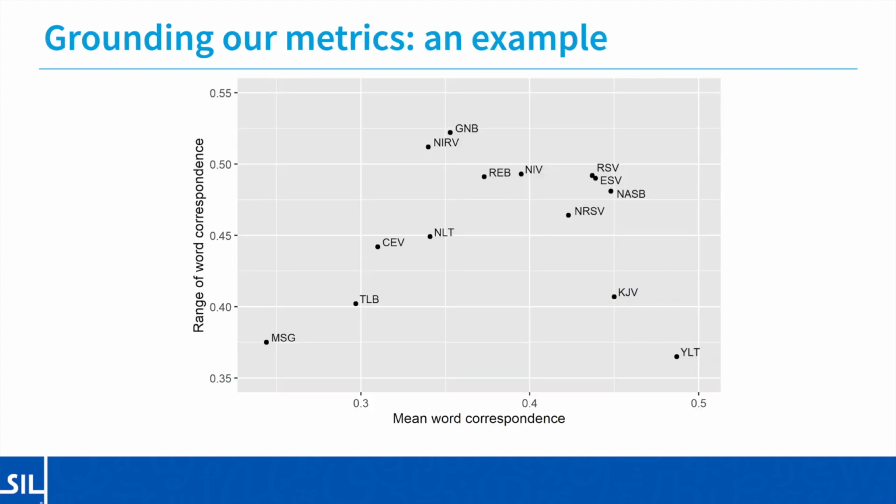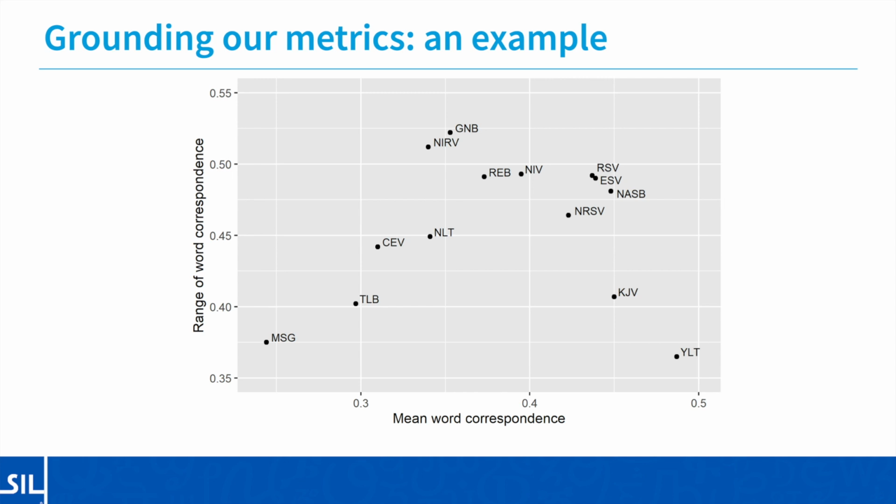Let's look at an example of how we ground our metrics within the landscape of existing Bible translations using AQUA's word correspondence metric. Word correspondence is based on the statistical distribution of words in the verses of the target text in comparison to the distribution of the words in the source text, and is explained in more detail in the paper. This graph depicts the landscape of word correspondence of several well-known English translations to the lemmatized source Greek New